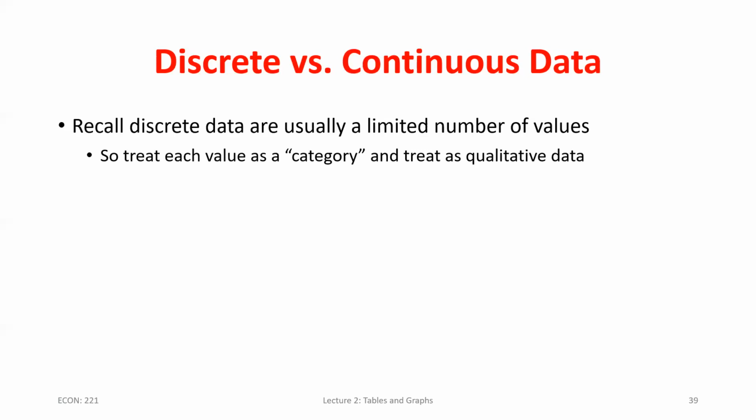How many people make between $0 and $10,000? Count them up. How many people make between $10,000 and $20,000? Count those people up, write that down. And then basically, we're going to have the same thing that we were doing with qualitative variables, but instead of words on our x-axis,